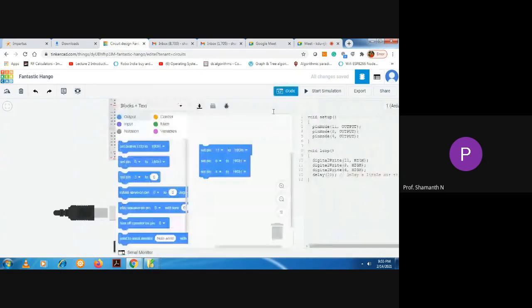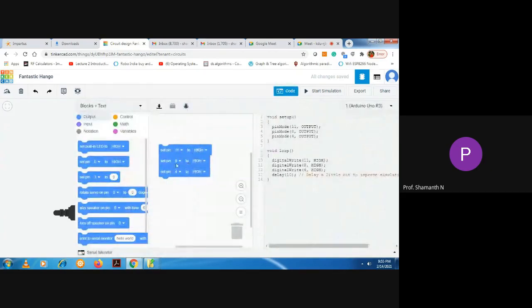After this, I want only the red LED to be on. For the red LED to be on, I have to pass the high command to pin number 11. To the remaining pins, I will be passing the low command, so the remaining two LEDs will be off. As you have seen in a traffic light controller, only one light will be on, the remaining two will be off. For that reason, I will be setting the other pins to low. Then click on this control option.